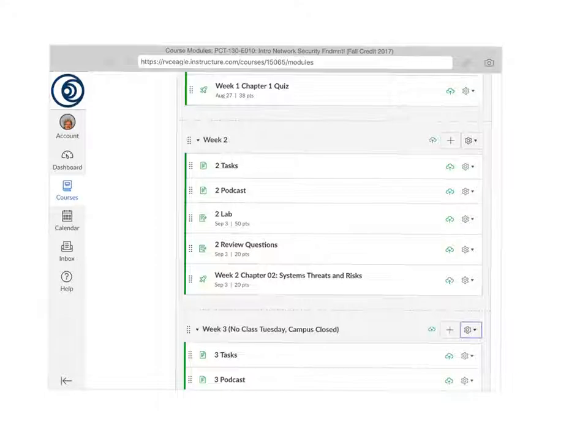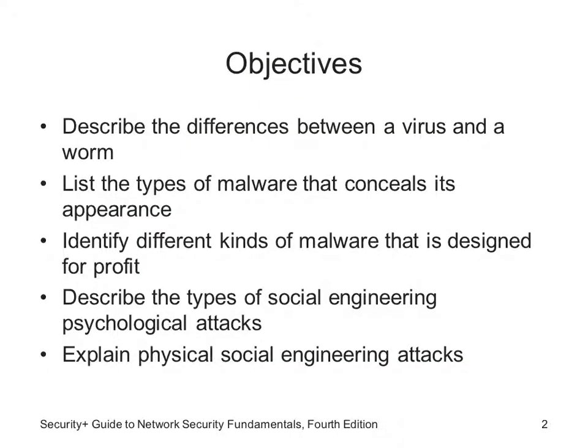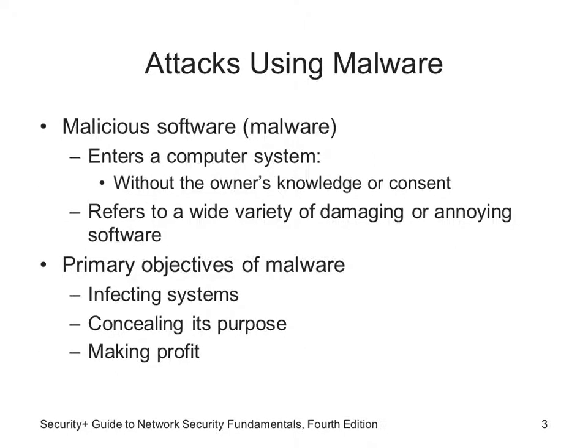All right. So tonight we're going to look at chapter 2 and go into terminology like virus, which you've probably heard of, malware, different types of social engineering, psychological attacks, and how those all play out. We'll start out with what's called malware. Since it's a beginning network security class, I don't assume all of you are well aware of these terms, so it's an introduction course and we'll be starting at the very rudimentary level. The first term we're going to look at in chapter 2 is malware.